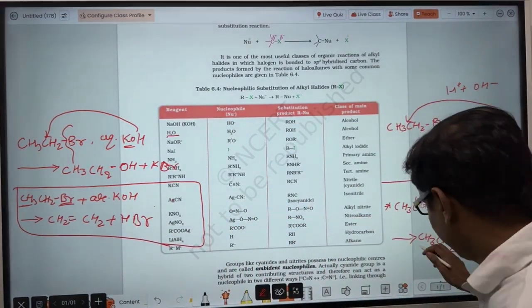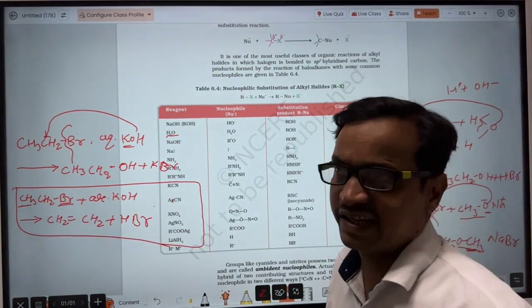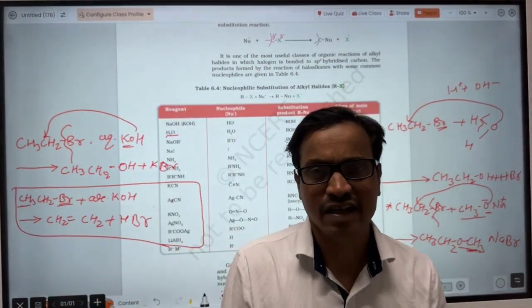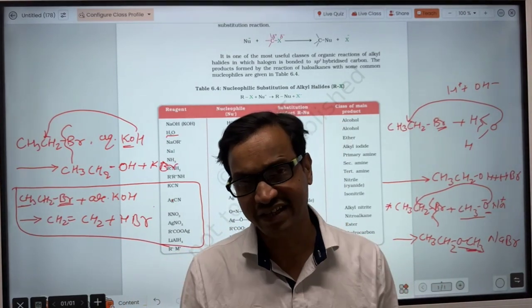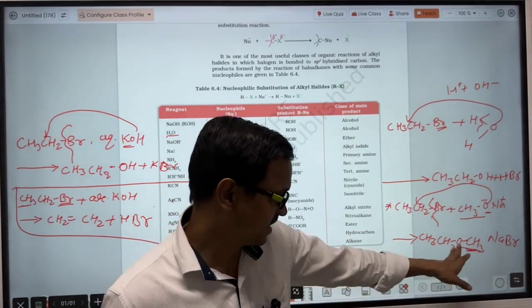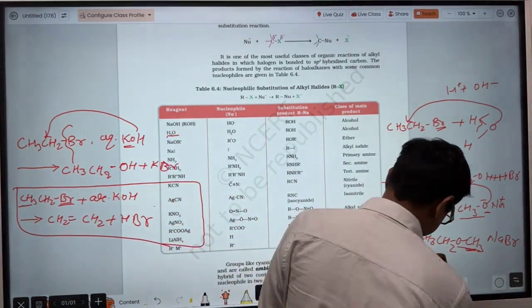And for the longer chain we write alkane. For the smaller alkyl part we write alkoxy, and for the larger alkyl part we write alkane. So here it is methoxy and ethane. So its name will be